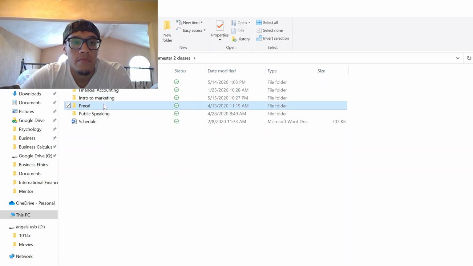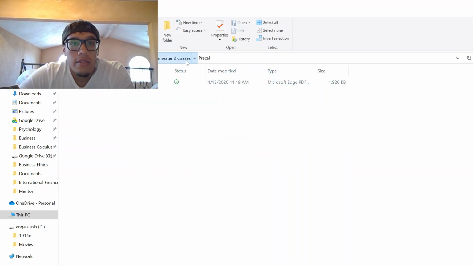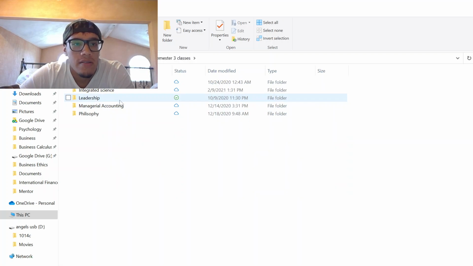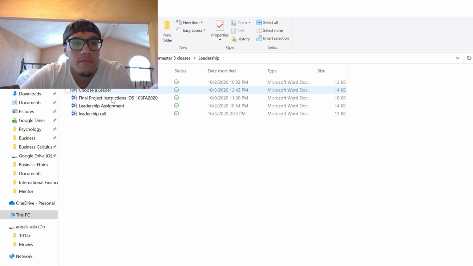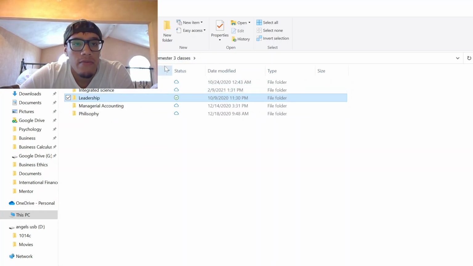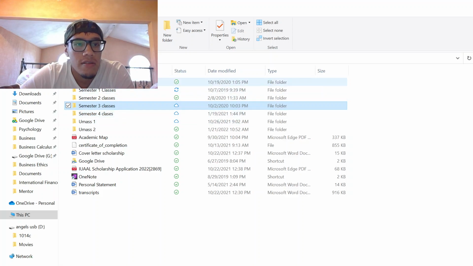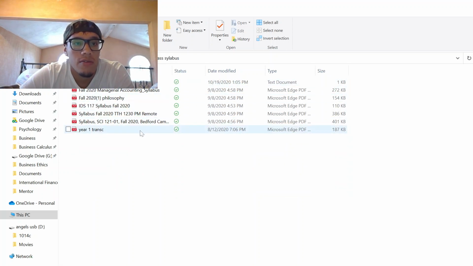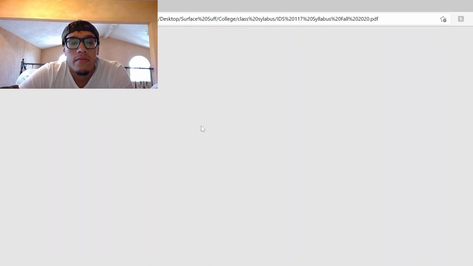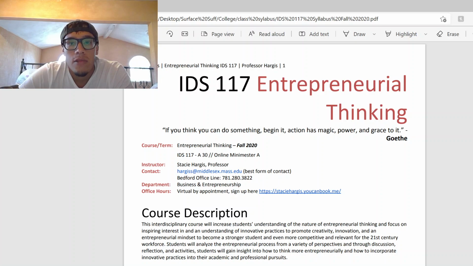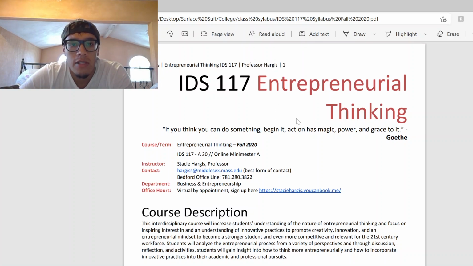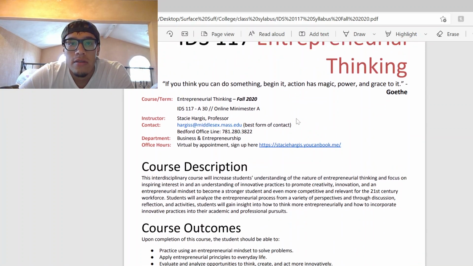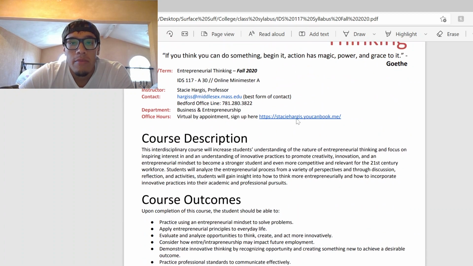Let's see. That's not it. I might have another folder for my syllabus. Let's see, leadership. I think I might have another folder for my syllabus. Let's see. Class syllabus. Oh, so these are just a few. I'll just go over any one. Alright, so this is entrepreneurial thinking. I'm actually taking this course now, I think. Or, nope, I'm not sure. But anyways,